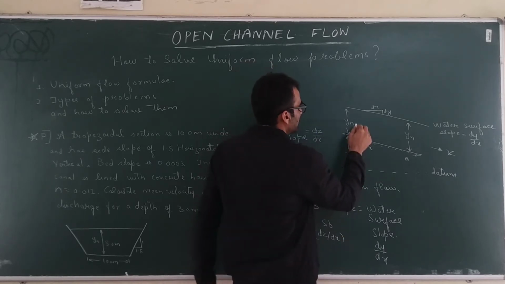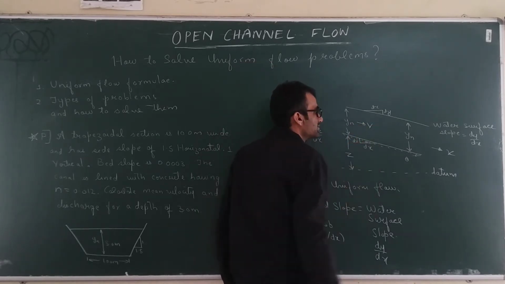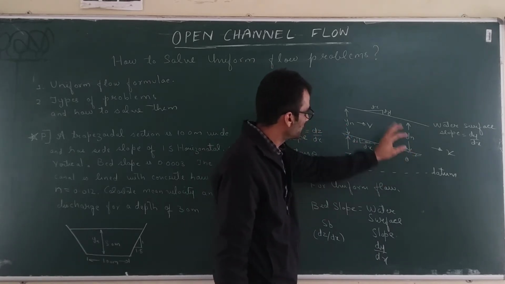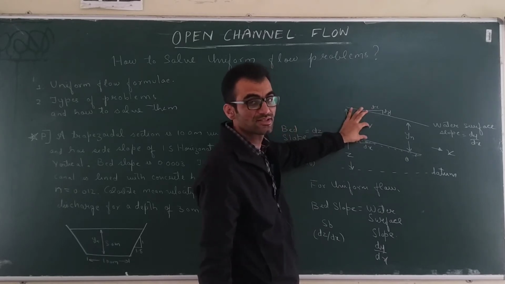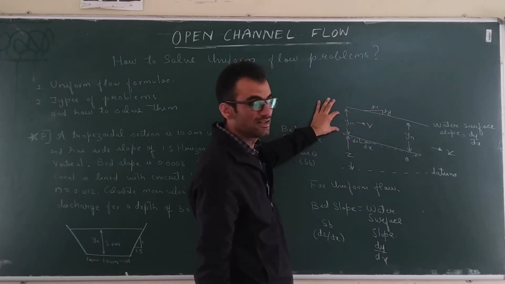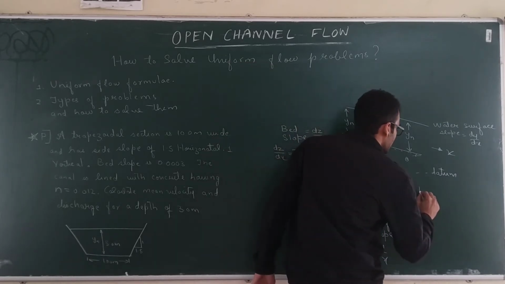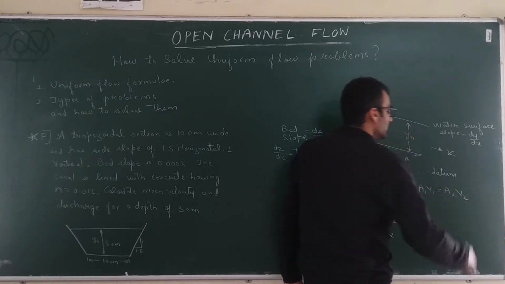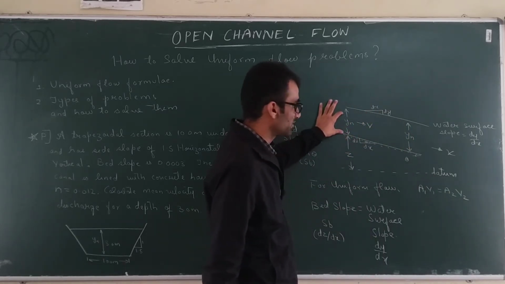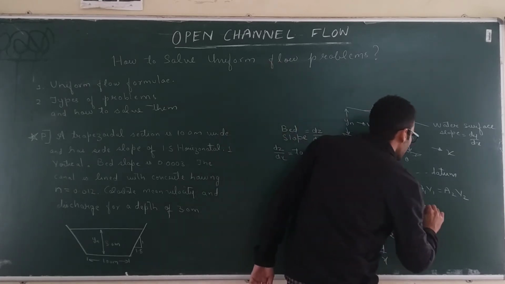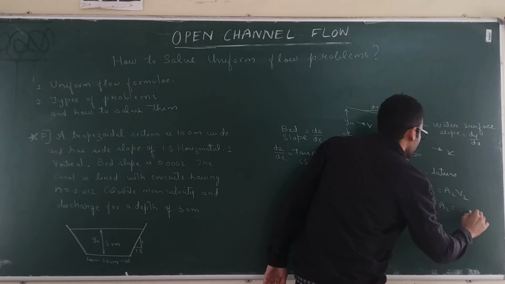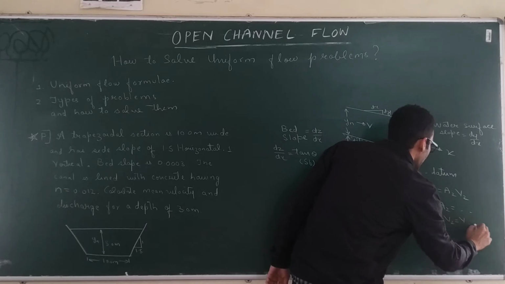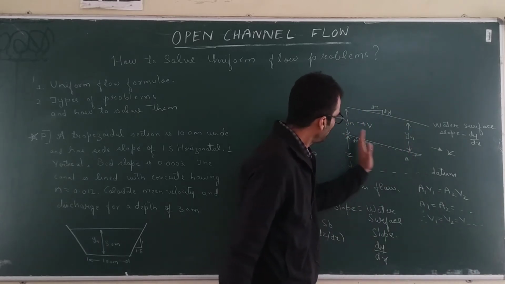Suppose V is the average velocity at this point. What will be the velocity at other locations? At other locations also the velocity will be V itself. The average velocity will not change since depth is not changing, because the continuity equation states that A1 V1 should be equal to A2 V2. Your depth is constant at all the locations, so A1 becomes equal to A2 equal to A3. Therefore V1 becomes equal to V2, and anywhere you calculate, the average velocity at all the